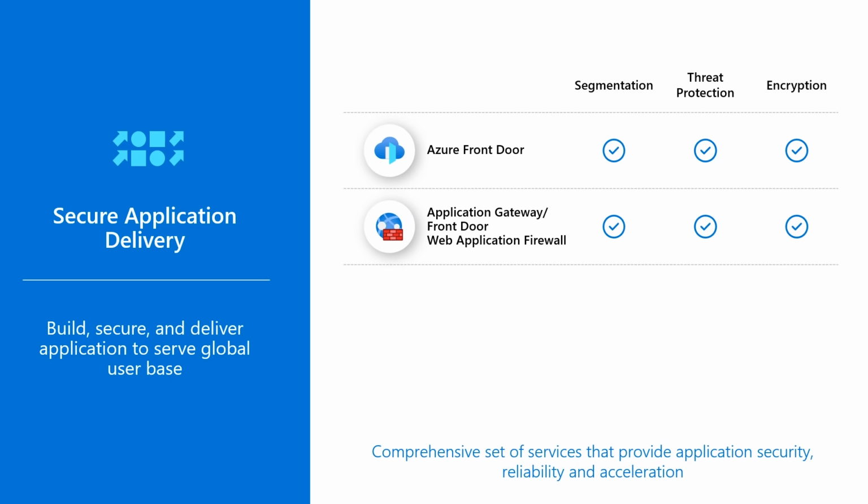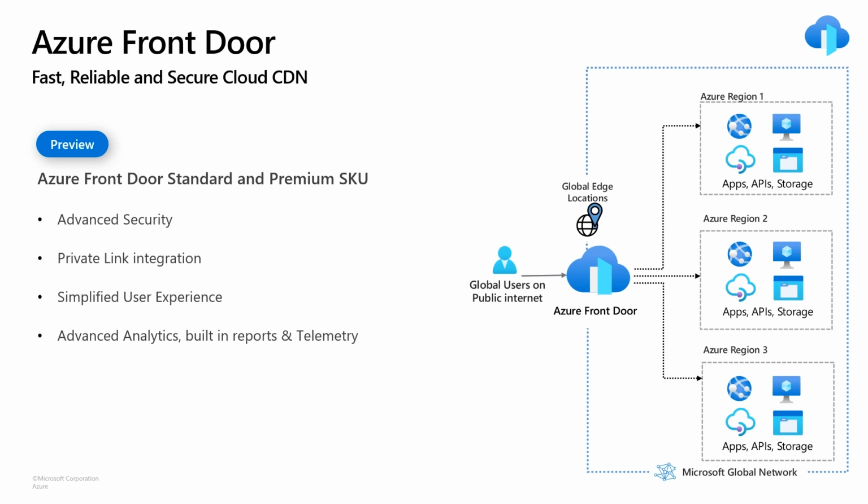Now we talked about a lot of the network segmentation aspect and threat-based aspects. We should also now look at, for web-based workloads, what protections customers can leverage in Azure. I want to start with Azure Front Door. Azure Front Door is the layer 7 load balancer or the edge-based load balancer that we have in Azure. Now, this was giving a lot of performance enhancements for applications. While it continues to do that, the latest version that is in preview right now, which is the Azure Front Door Premium, also has enhanced security.